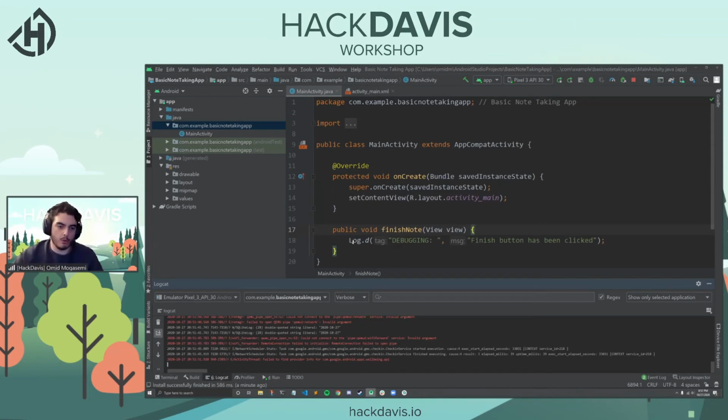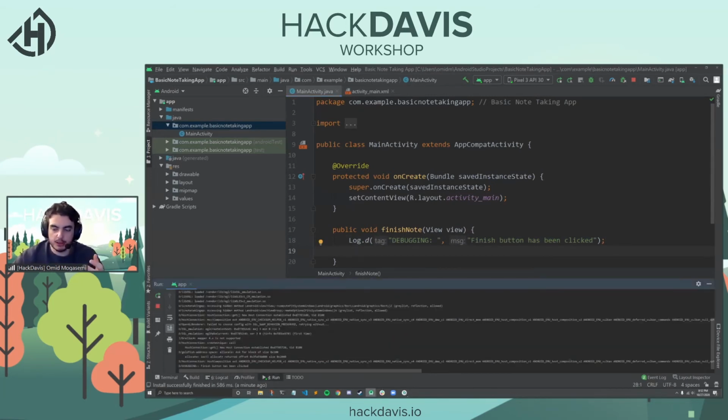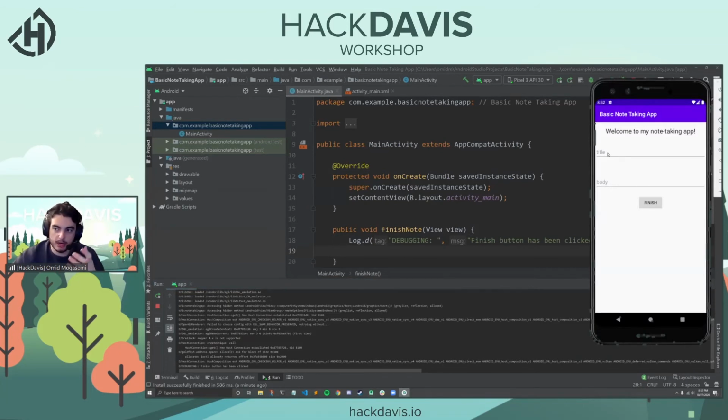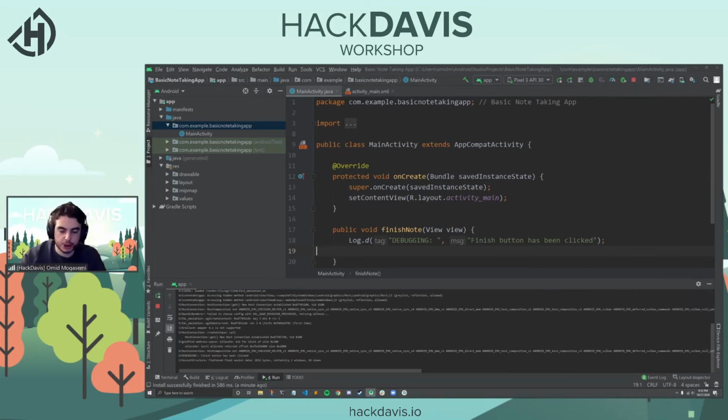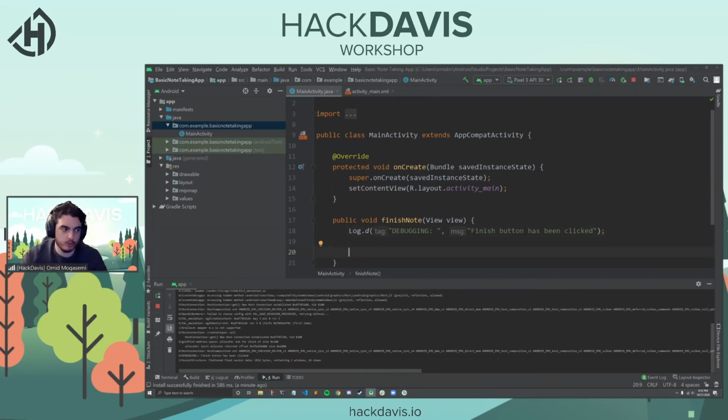But this isn't actually what we want to happen. This isn't the purpose of a finish button, to just run a statement in your console. The purpose of it is to actually save what is being stored in your title field and your body field, right? So in order to do that, we can create another connection between your front end and your